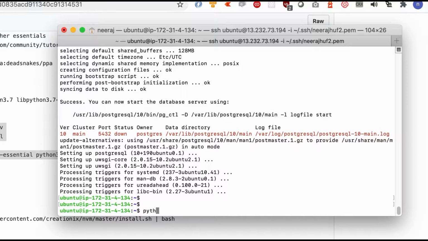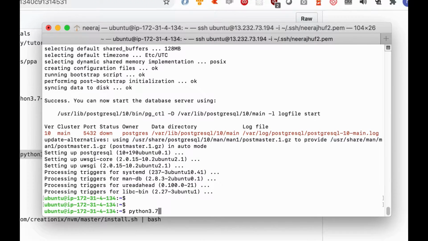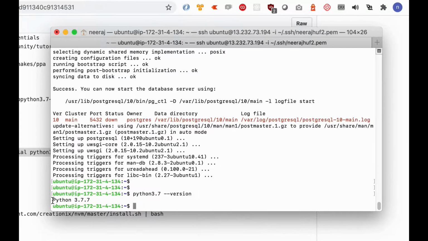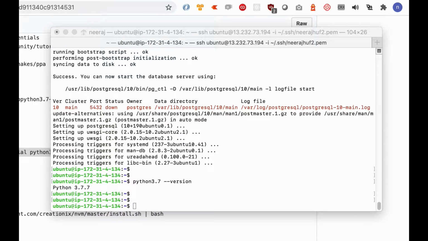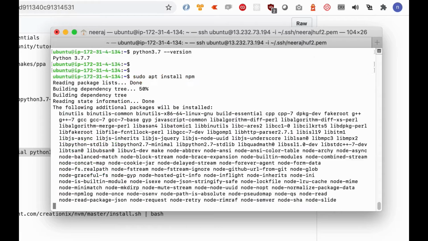We can check our Python version. Yes, it is installed. We are also going to require npm, so we are installing npm now.